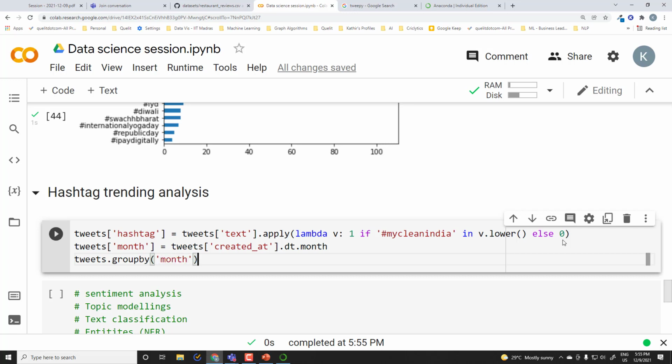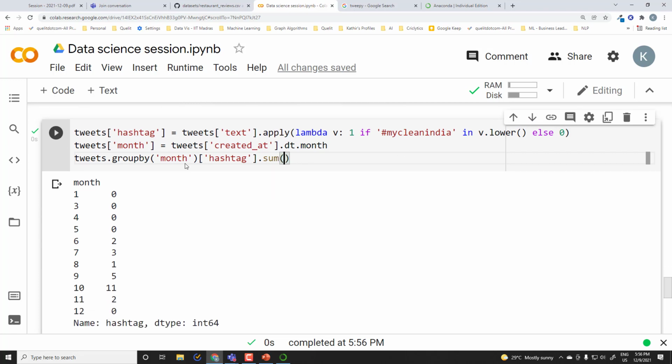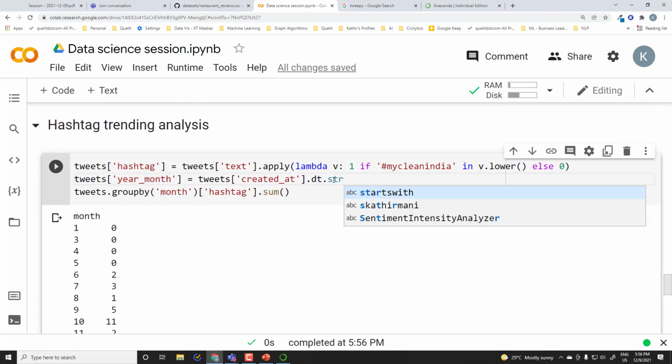Group by month, and then use the hashtag column to just do a summation. So I'll get to see for each month, or I can extract year underscore month. That will be easier, so that I'll have the year along with the month.